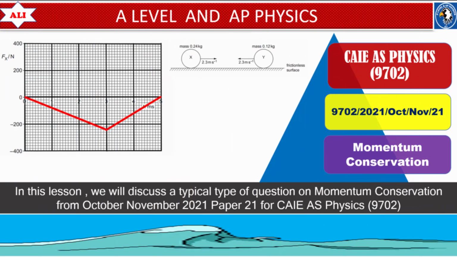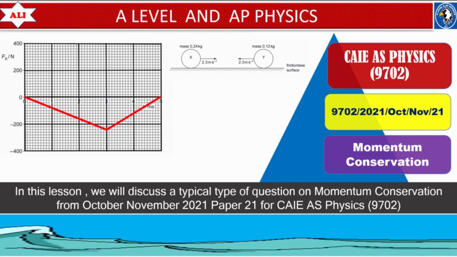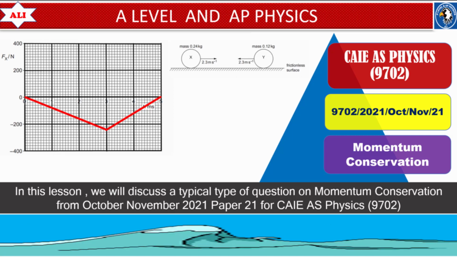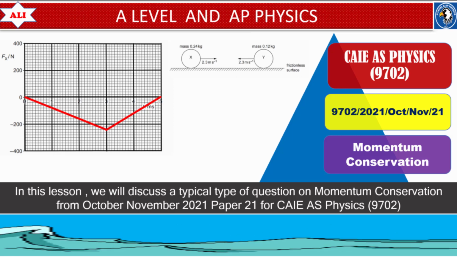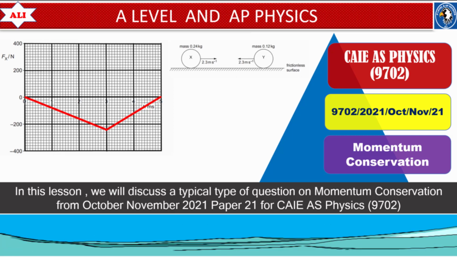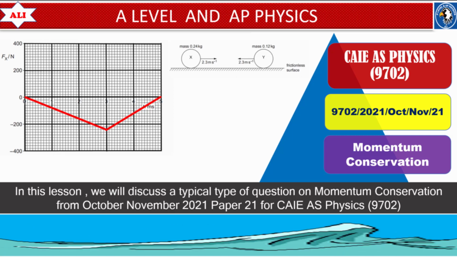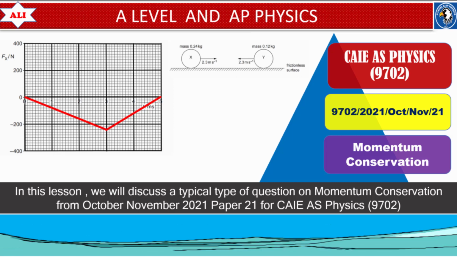In today's lesson, we will discuss a typical type of question on momentum conservation from October-November 2021 paper 2-1. I said this is a typical type of question because these questions are very common in past papers. And in this lesson, we will not only answer these questions, in fact, I will teach you how to answer